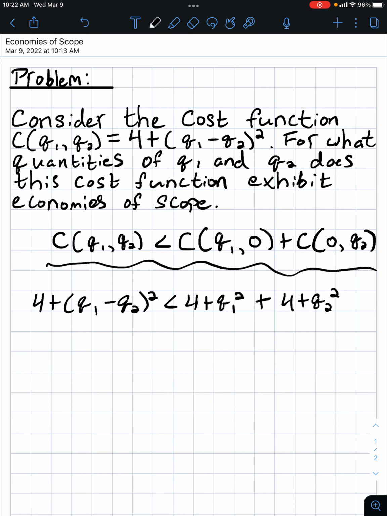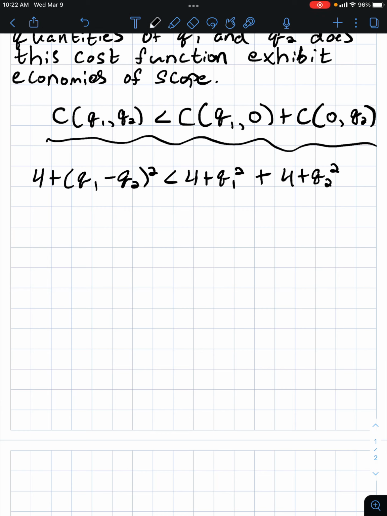Now, if we expand the left-hand side, we get 4 plus Q1 squared minus 2 Q1 Q2 plus Q2 squared needs to be less than